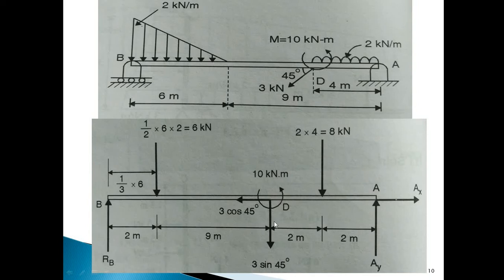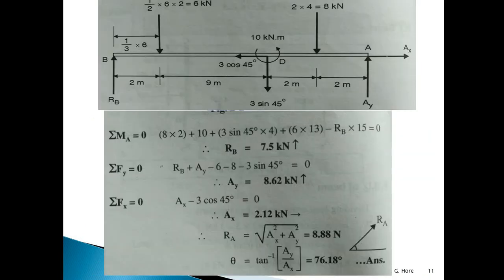Now apply, this is the complete FBD, the correct FBD. Now apply the three equations here, summation Fx, summation Fy and the moment equation, one by one. First is the summation of moments at point A. If we apply it at point A, you can apply it at point B also. So at point A,